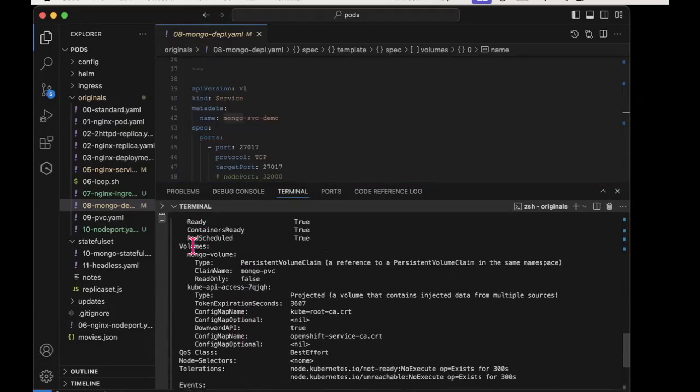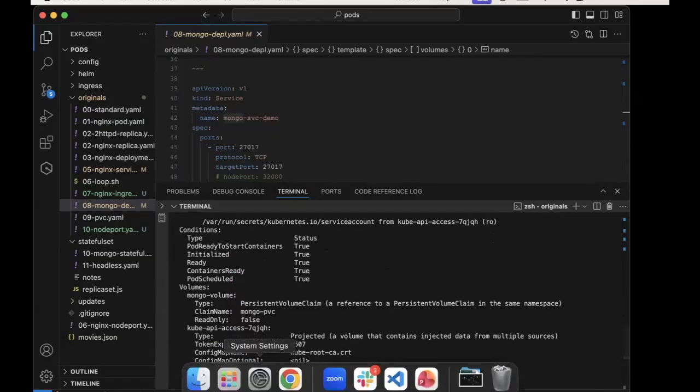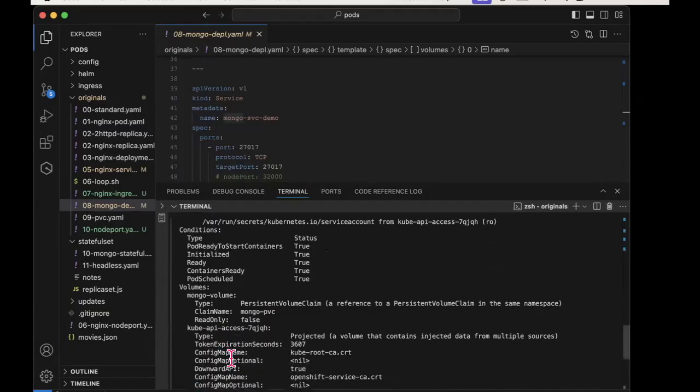So you can see here there's stuff about that in the volume section. It's recording the fact that there is a persistent volume claim attached to the volumes for this particular pod, and all that kind of matches up. So the upshot of all of this now is if I